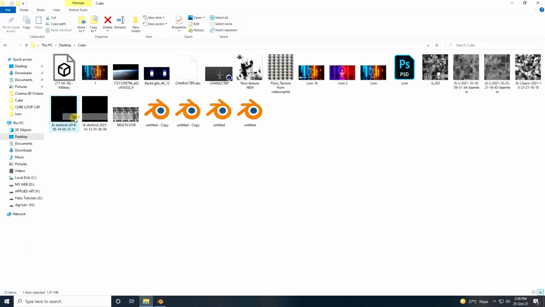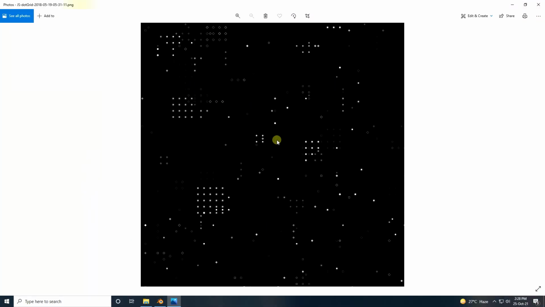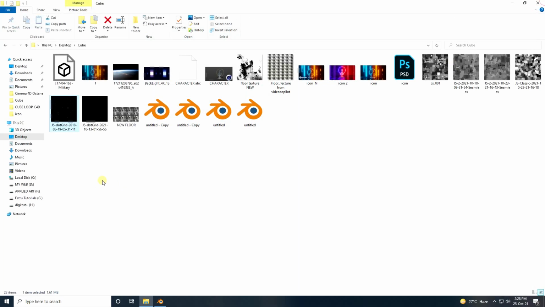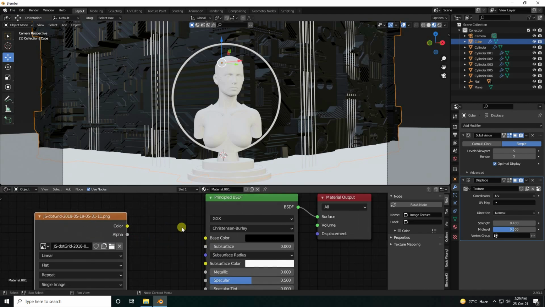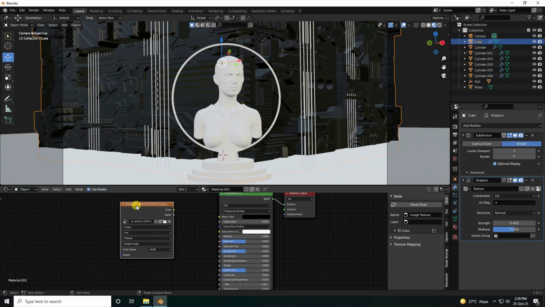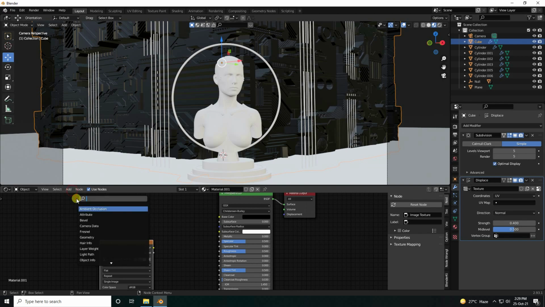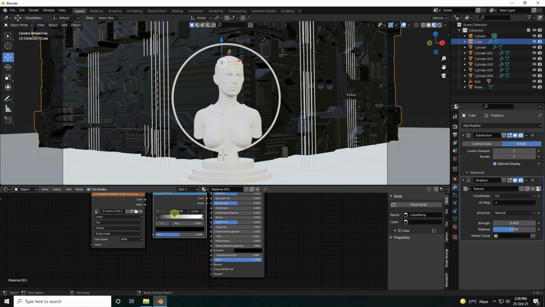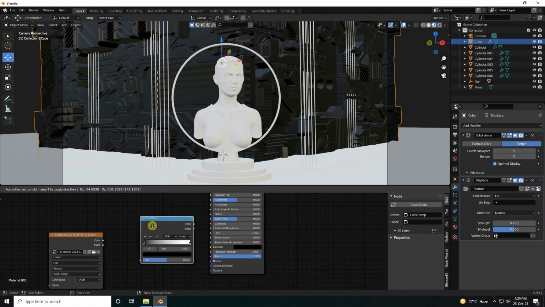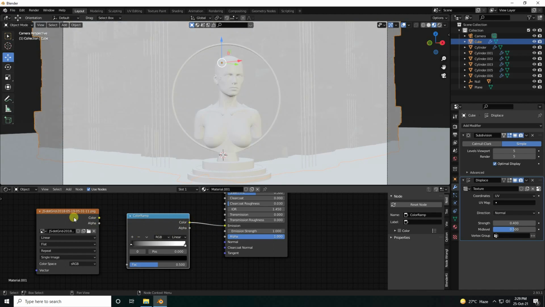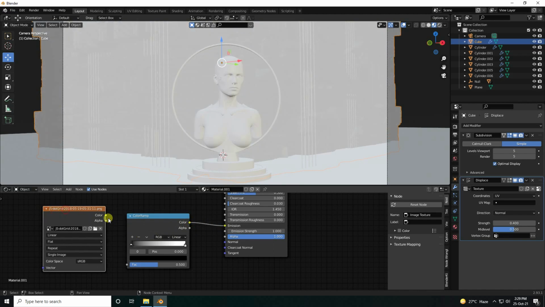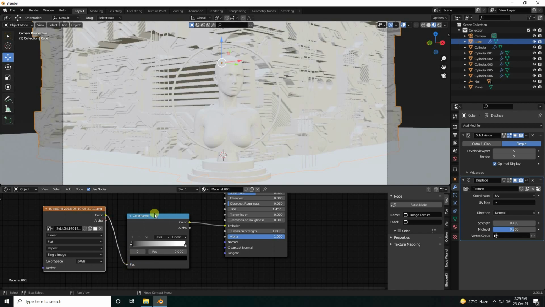Yes, and now guys, I have some textures. I show you. See guys, that's my JS displacement dotted texture. So select and drag and drop on shader editor. Yeah, right. So select your texture, and now guys, go to add and use color ramp. So take color ramp. So guys, this time select your color ramp and connect with animation. Yes, and that's my dotted grid texture. Connect with face, color ramp.